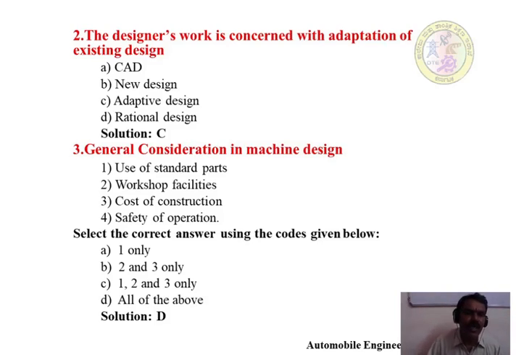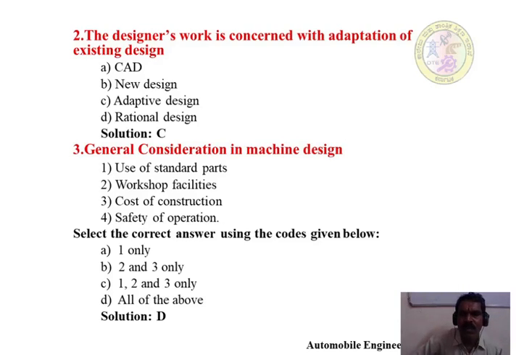So next, coming to discuss the third question, that is general consideration in machine design. For the general consideration in machine design: use of standard parts, workshop facilities, cost of construction, safety of operations. Here one only you can select, or second and third, 1, 2, 3, like this you can select. But actually all these operations, that is D, the fourth answer, is the right answer for this question, general consideration